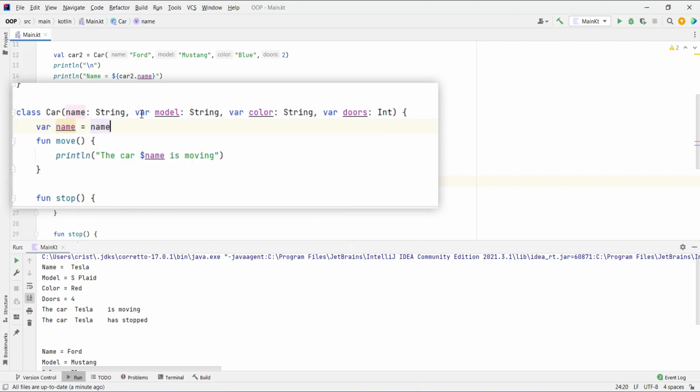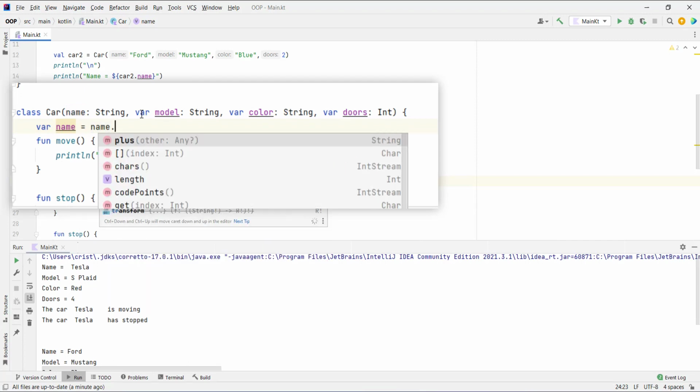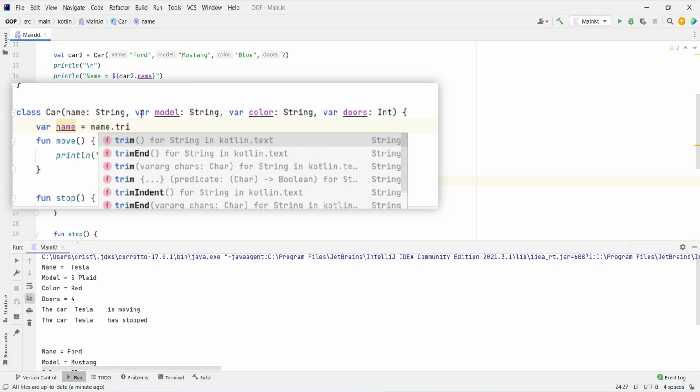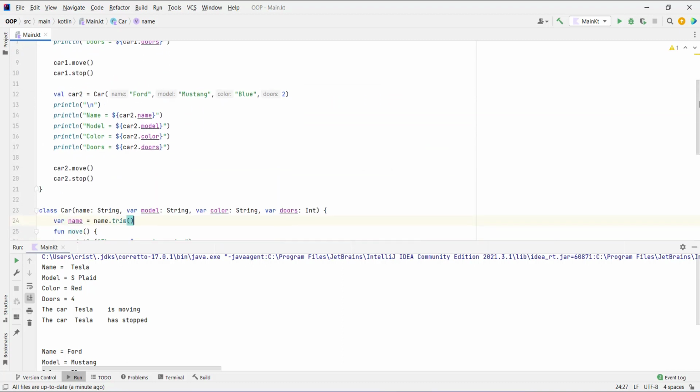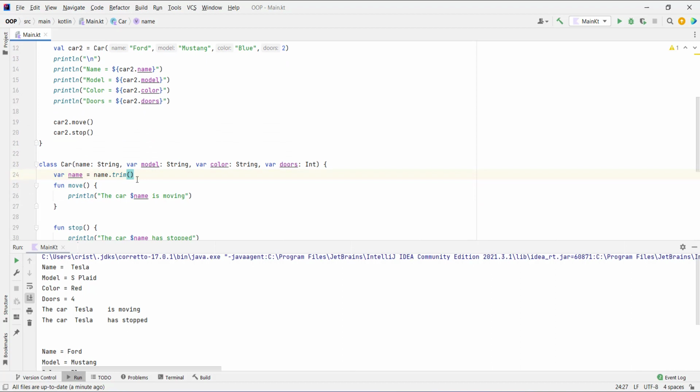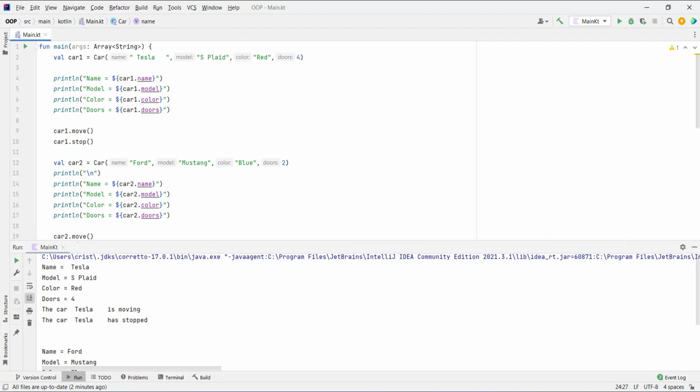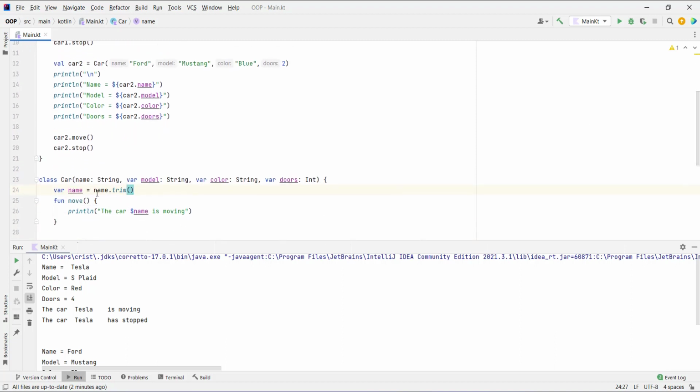But before that value is assigned to the property name, we put dot trim, and that is going to remove the spaces. So dot trim is a function which is part of the string class, because all the data types that we looked at are also classes. So you can call functions on them the way we called functions on our objects. So name.trim removes the space. So in this case it removes the space that we have here, and after that it's assigning the value to the name property.